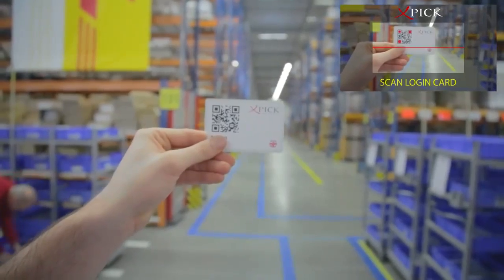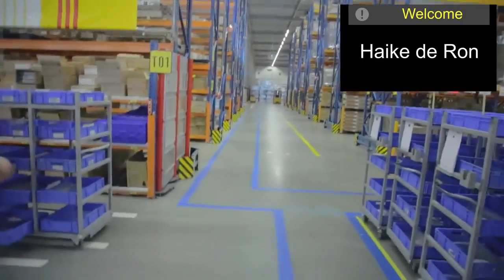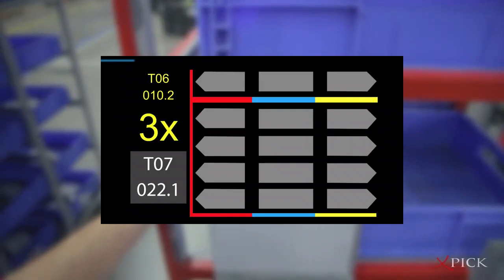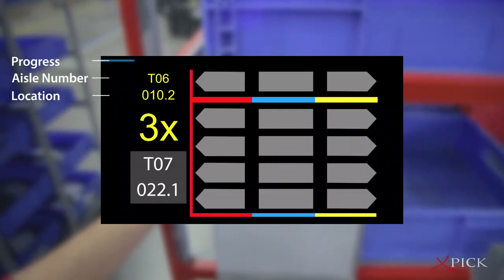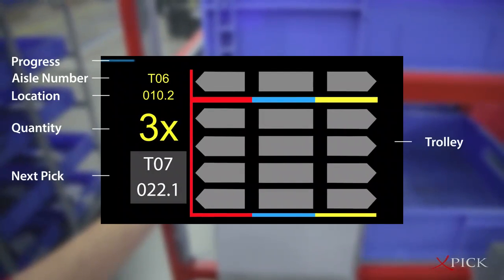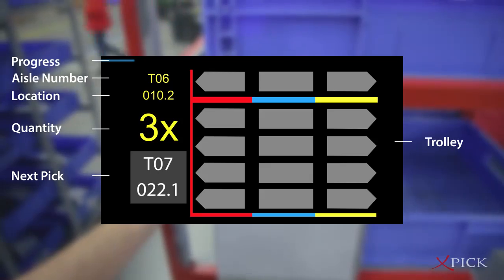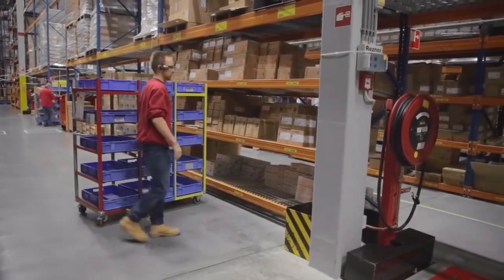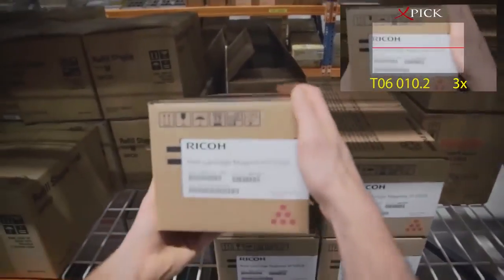Now the order picker can easily log in and begin picking by scanning the next available trolley. Using Ubimax's innovative user interface, task information is displayed clearly in front of his eyes. The trolley is also displayed graphically, so that the picker sees instantly what needs to go where. This could provide a much faster, more accurate, and user-friendly approach to order picking compared to standard paper pick lists